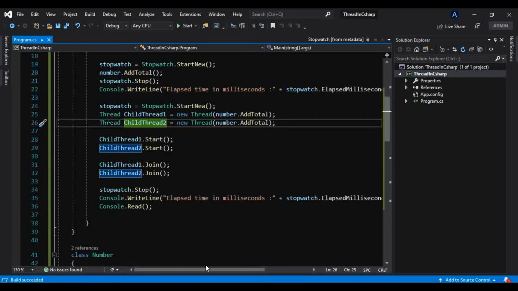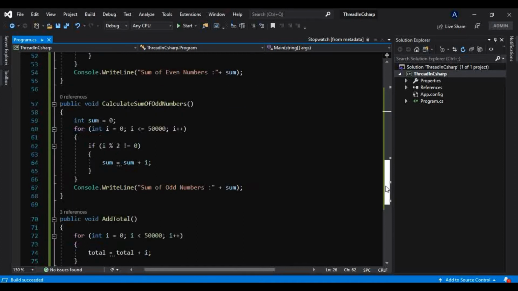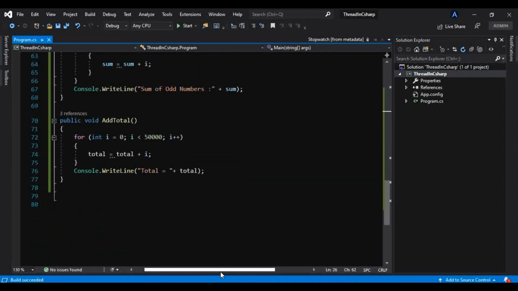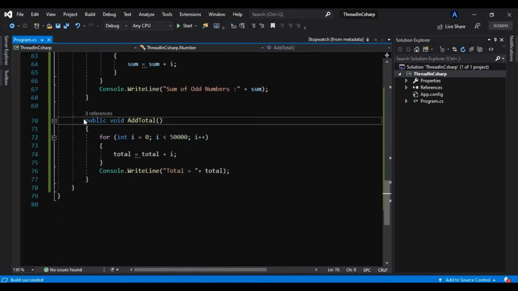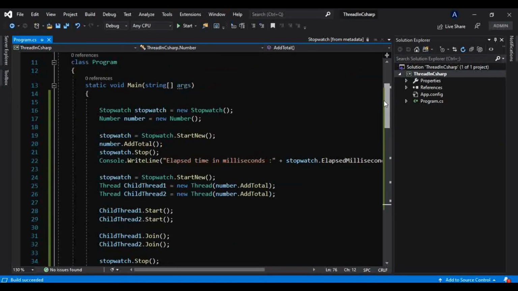They are contributing to making this add total work, executing it simultaneously in each thread. So that is nothing but resource sharing and an improved performance for this application.